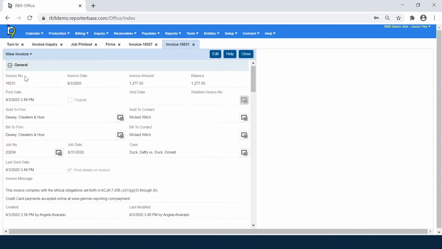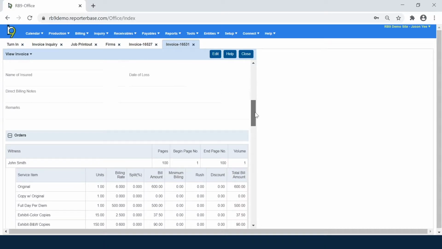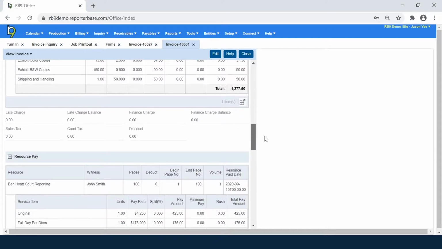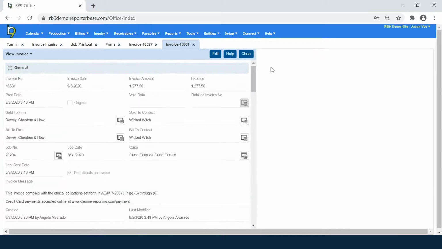Now I want you to also notice something. Literally when I am in a view screen, I'm literally just viewing. I can't make any changes to any of these fields, period. You'll see everything is pretty much just a solid field. If you want to make changes to a record, there's always an edit button at the top. So if you click edit,